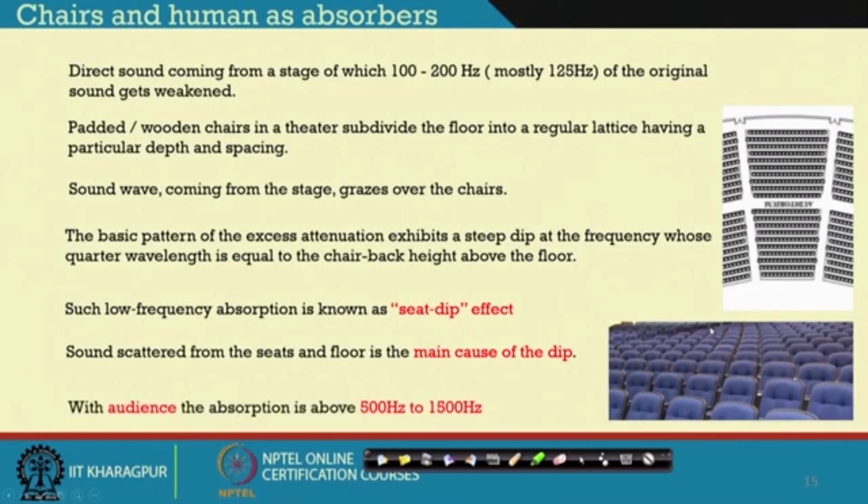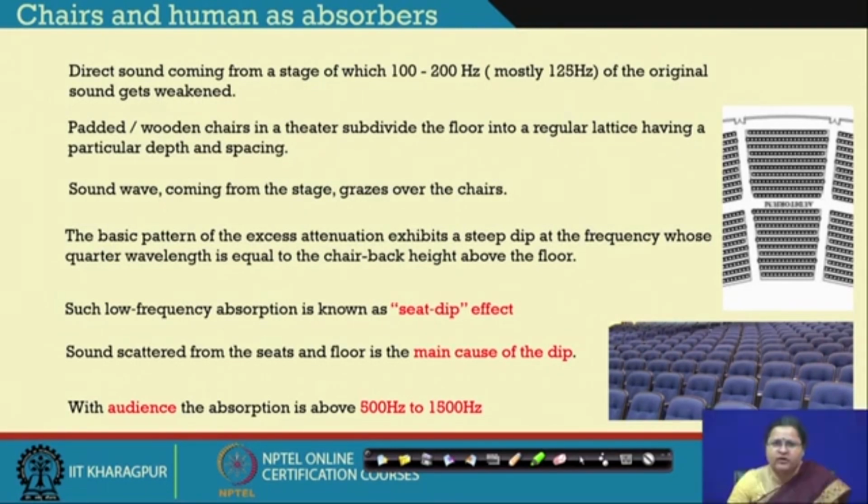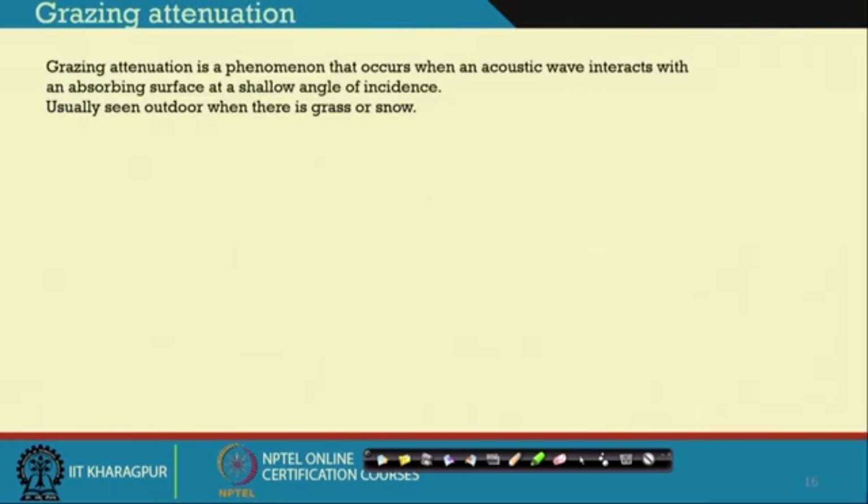So, with audience the same behavior is seen around 500 to 1500 hertz. So, we have to be very careful to take care of these effects when we are designing an auditorium. So, this phenomenon is called grazing attenuation, and this occurs when an acoustic wave interacts with an absorbing surface at